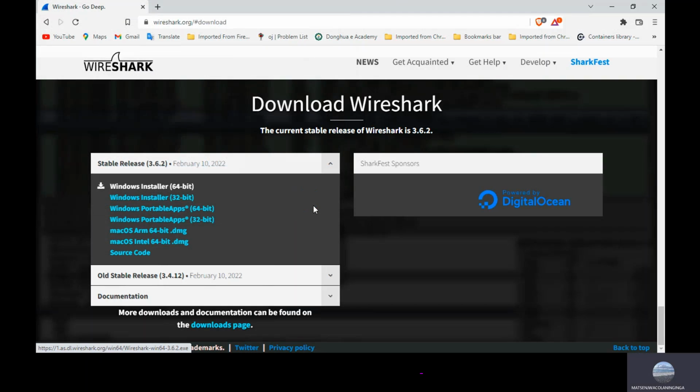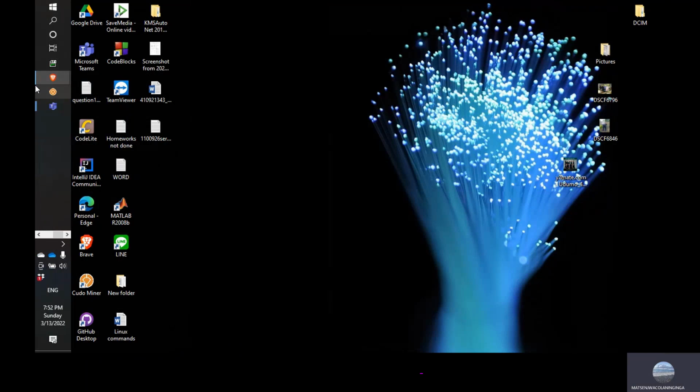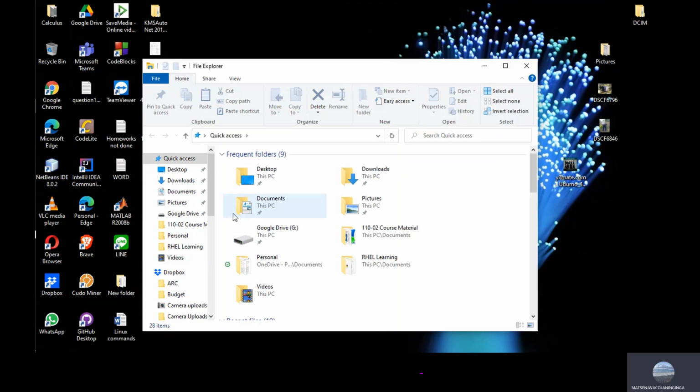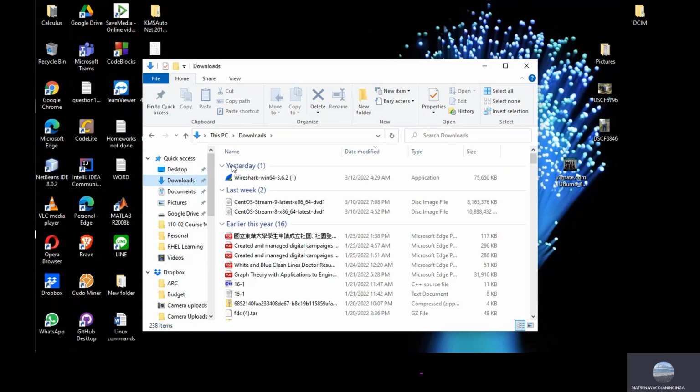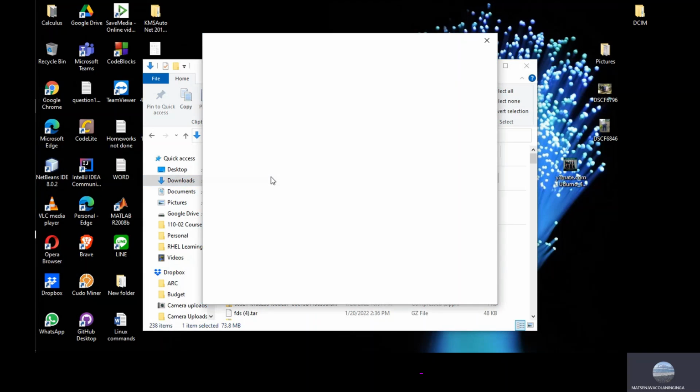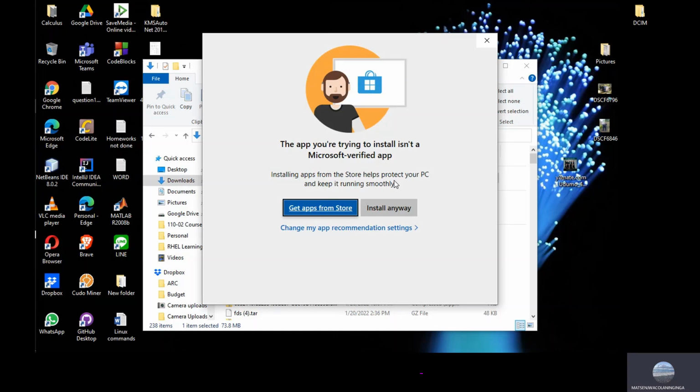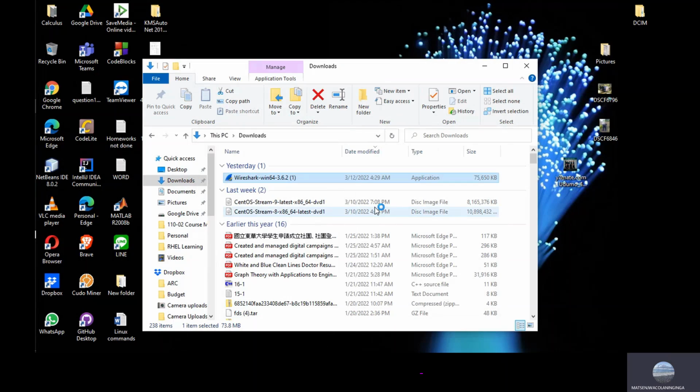And then after downloading the application, you'll go to the location where you have downloaded your Wireshark application. In this case, it's in the downloads folder. So you'll open the Wireshark application and follow the steps. Yes, click on install anyway. As for privileges,